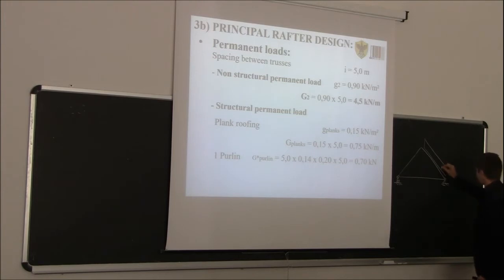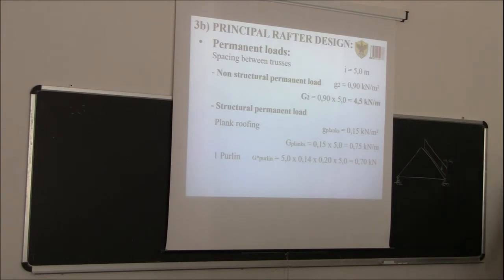So this is G2, and then G1. G1 is the self weight for the structure. So the self weight on the structure will be given by the roofing, so 0.75 kilonewton per meter, and then